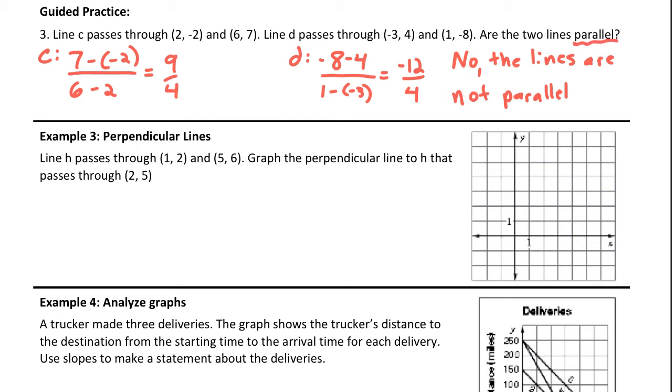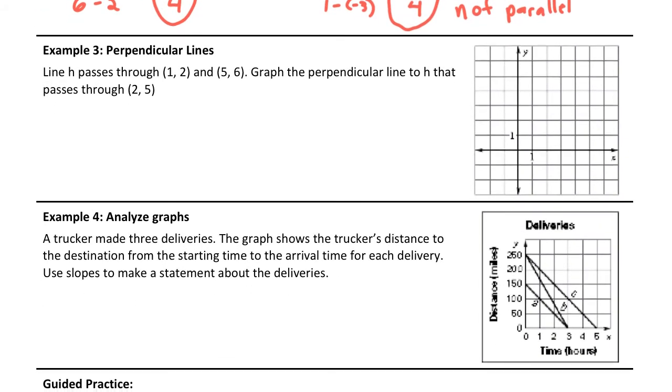Are the two lines parallel? Well, I get for the first line the slope of line C being 9/4, and then I could simplify -12/4, but mainly what I care about in this example is understanding that the slopes are not identical, so the lines are not parallel. So that's the main thing to get from that example, from that guided practice. So we're going to move ahead to talking about